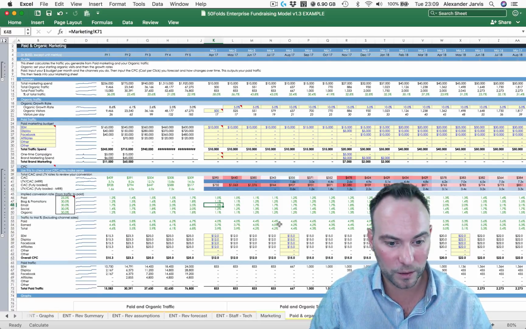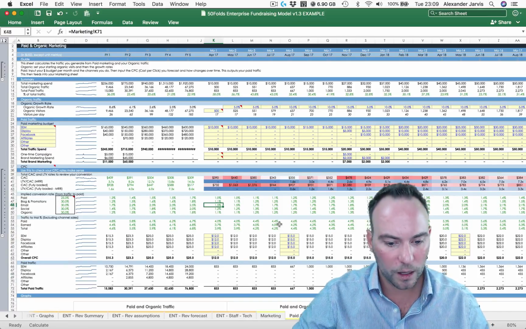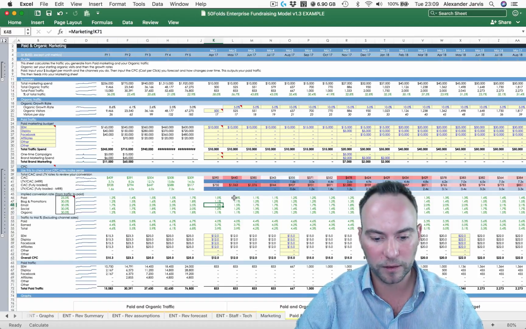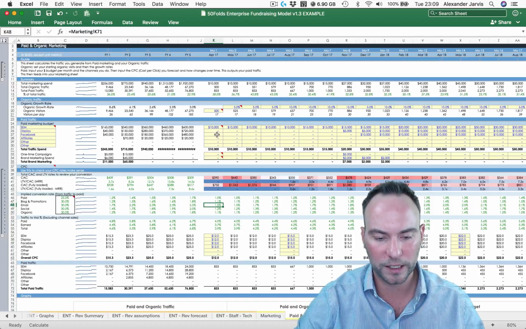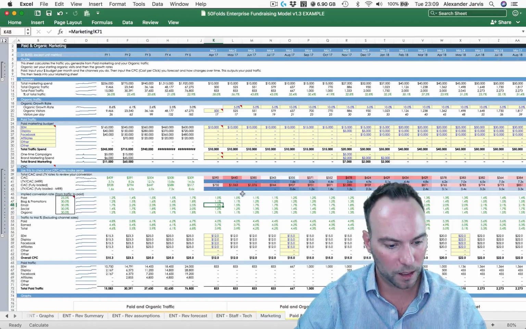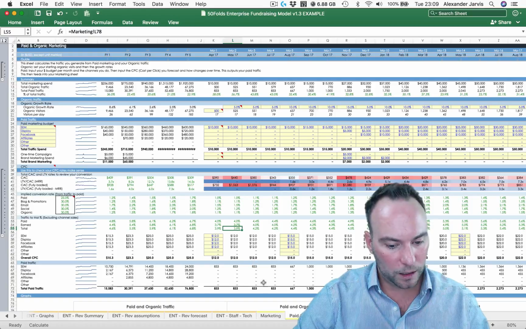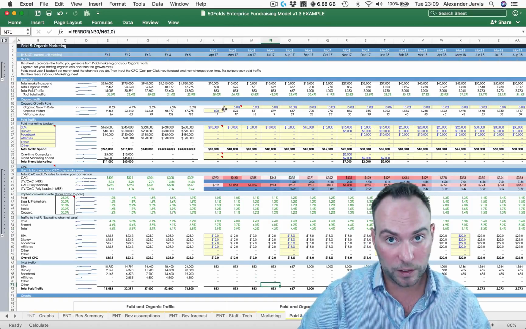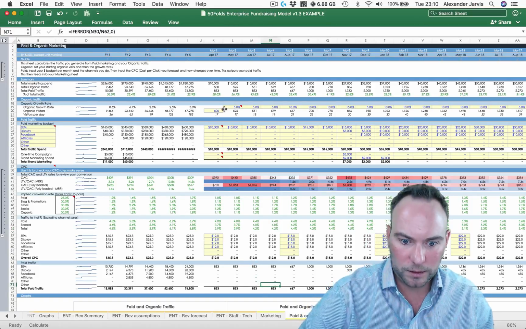Maybe you should know what is going on in your benchmarks. But this is a nice little way of putting this and this into context. See where traffic to trial, excluding the channel sales, is coming in. I think this is relatively simple. If you understand marketing, this is really not a big deal.